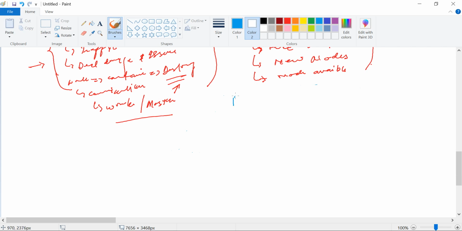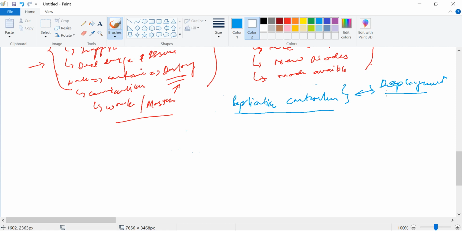Now let's move to another controller, which is also a very main controller of the Kubernetes cluster, the replication controller. What are the main responsibilities of the replication controller in Kubernetes? We also have the replica set, when we talk about deployments. What a deployment is, we will come across after some time. In a deployment we have the replica set, and the replication controller is responsible for replicas of your application.